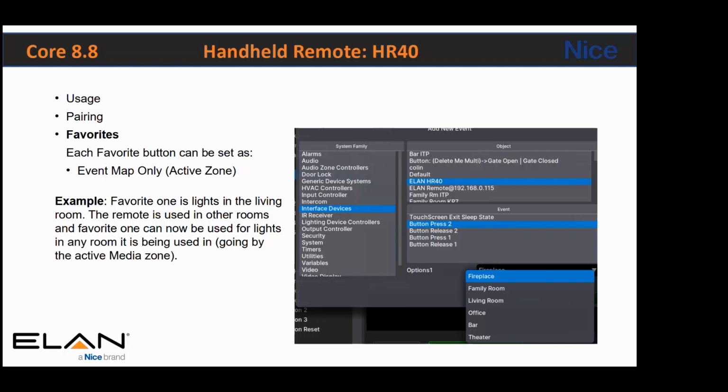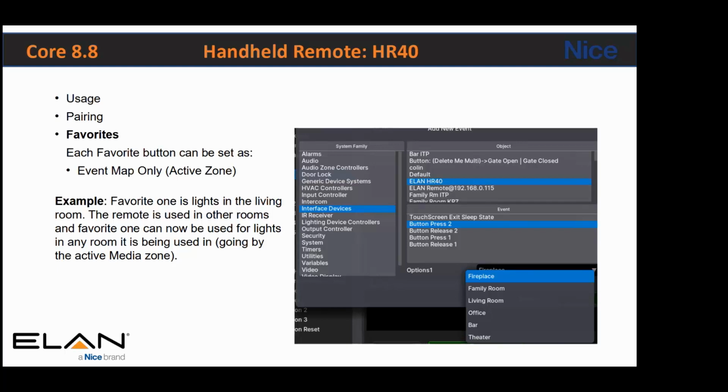The favorite buttons. I like the favorite buttons. I think they're really awesome. But this remote can be used in multiple zones. So one of the things we added was an option box there for a zone. The idea here is that there's two favorite buttons on the remote, 1 and 2. If button 1 is always toggling the lights that are in a room, so if I'm in the living room, I have the favorite 1 button turning on and off the lights. Well, if I'm in the family room, I want to turn the lights off in the family room,